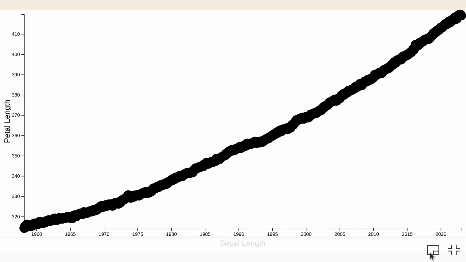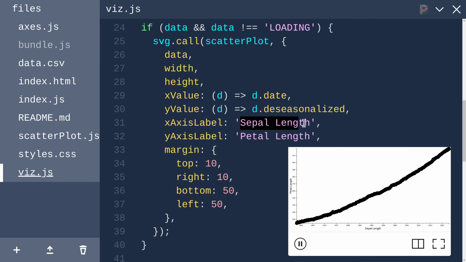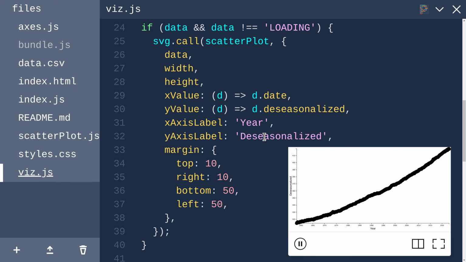Now we need to definitely change these labels for the axes, which are defined right here. I'll just call it year to keep it simple. And for the y-axis label, I could call it deseasonalized, but that's kind of a very domain-specific term. Let's see what they call that in the Wikipedia article. CO2 fraction in dry air. And some kind of a chemistry unit. What is that? Micromoles per mole? Okay, well, I think I'll call it CO2